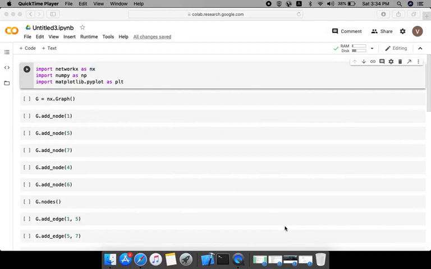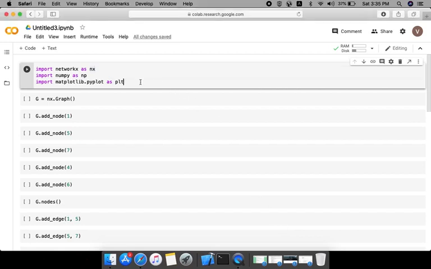I am Nishma Godha. I am here to talk about some graph visualizations using Python language. Here in my tutorial, I am using Google Colab's Jupyter Notebook as my editor. You can use any editor of your choice. The code remains the same for all the editors.